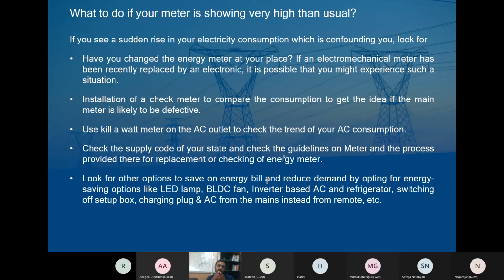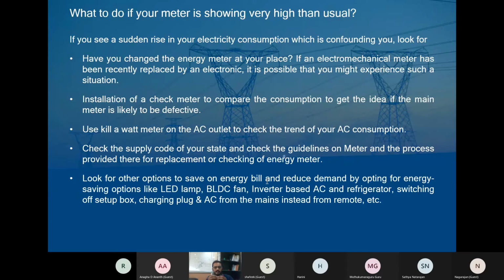It also detects the consumption of your mobile charger and small appliances. It does not mean that your consumption has increased. It's just that your old meter was not able to account for the minute power consumption, which the electronic meter is capable of doing, causing the sudden increase in the electricity bill. So it's good to compare the same meter for two more months or two more billing cycles.